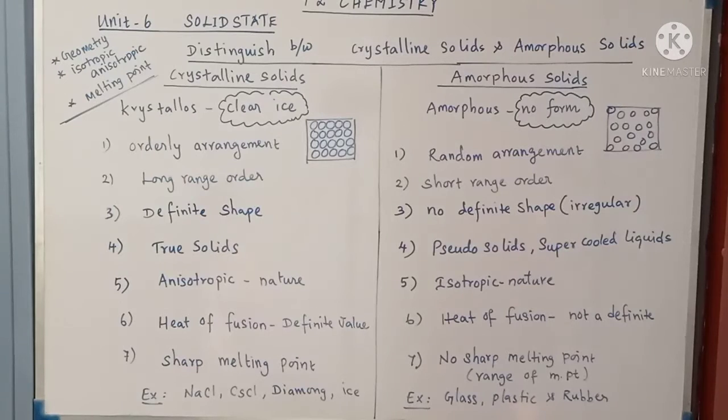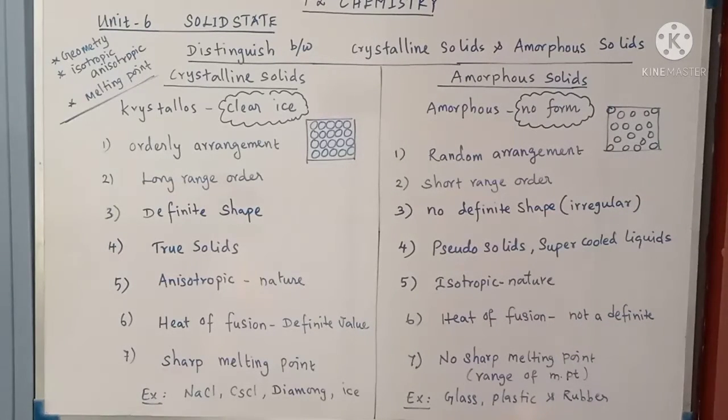That's why the amorphous solid, we call it a pseudo solid or sometimes a supercooled liquid also. So what does supercooled liquid mean? Now, supercooled liquid is nothing but a state between true solid and true liquid. You know that glass, even though it looks like a solid, is not a true solid. Actually, the form of glass we call a supercooled liquid, which means it's a state that exists between the true form of solid and the true form of liquid. So the point here is, crystalline solids are true solids and amorphous solids are not true solids.